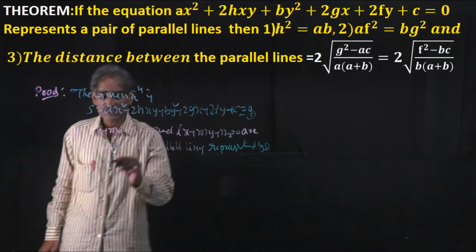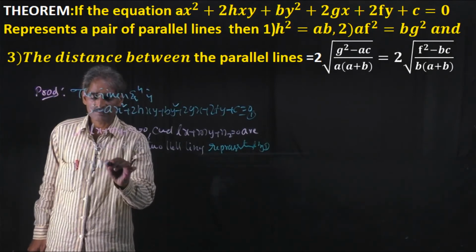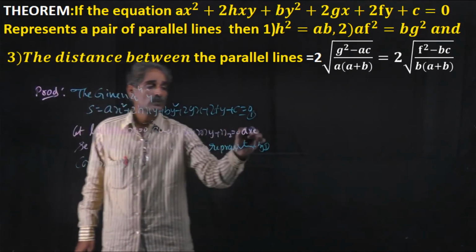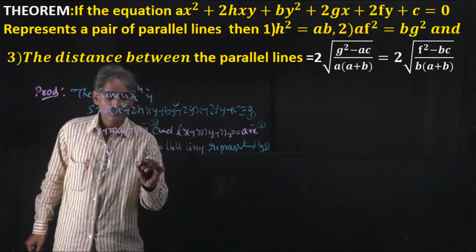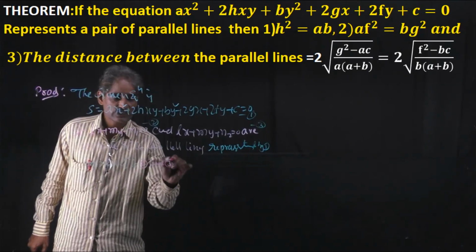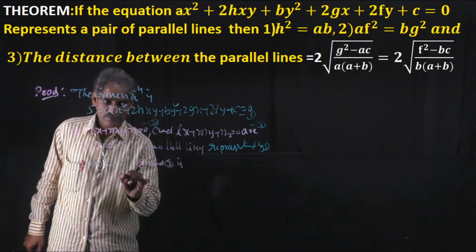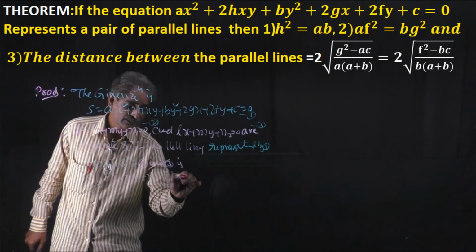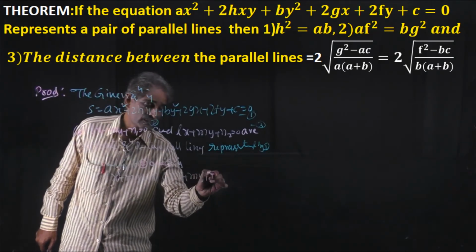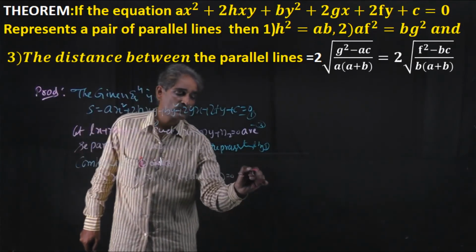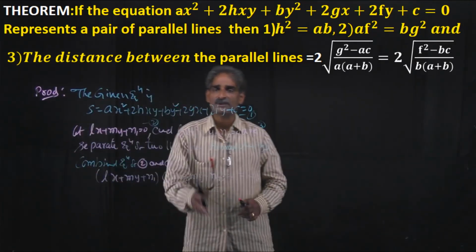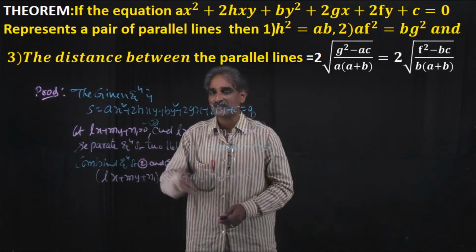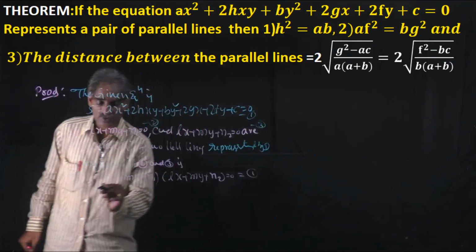So now what is the combined equation of these two? The combined equation of 2 and 3 is Lx plus my plus n1 into Lx plus my plus n2 equal to 0. This is equal to 1. So after multiplication, just compare this equation with 1. So find out the coefficients, find out the relation between the lines. So okay, here observe that.